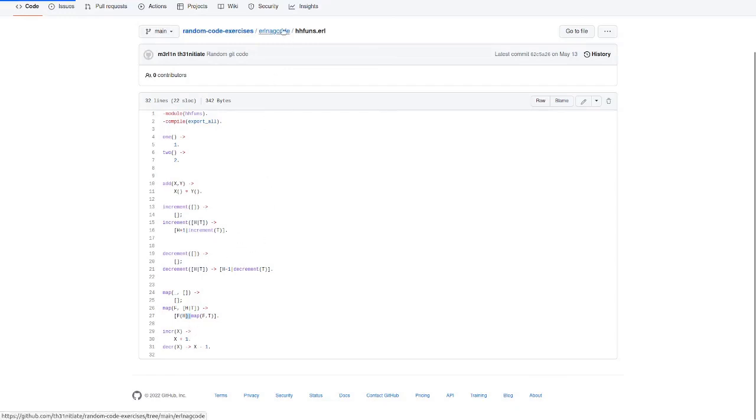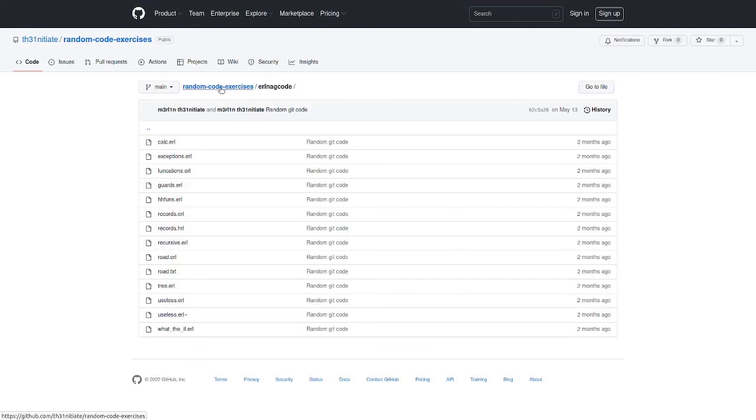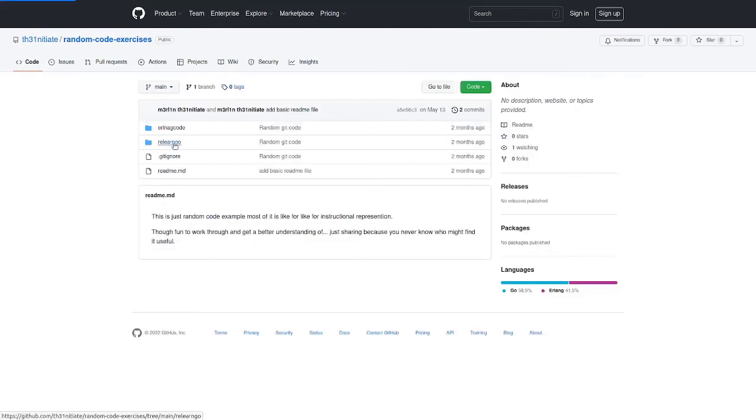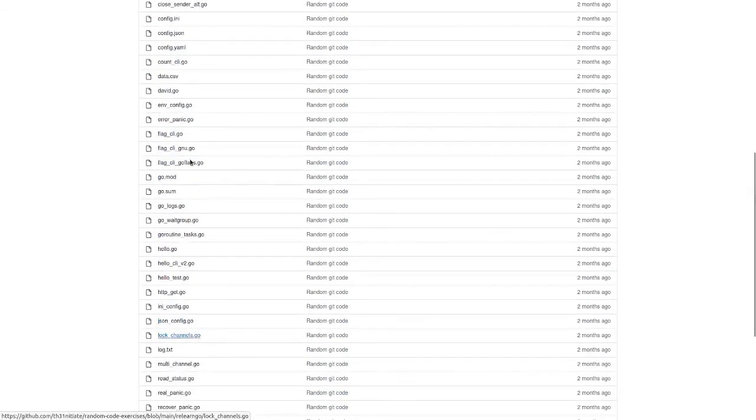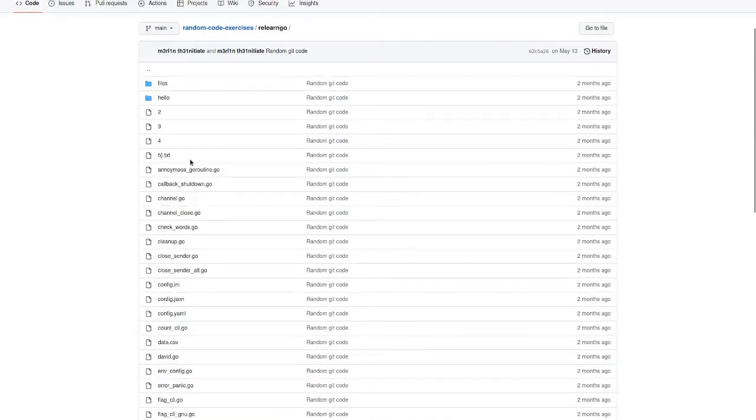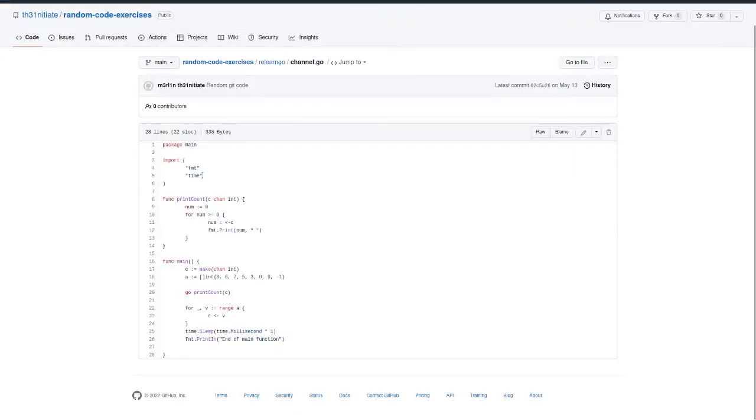So I think next time what I might try to do is actually run these functions that I've gone over, and just run the examples in an Erlang repo. There's some Go stuff here which I can go over another time, but nothing too serious. I think the coolest thing will probably be the channels,